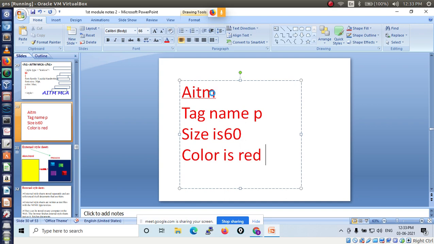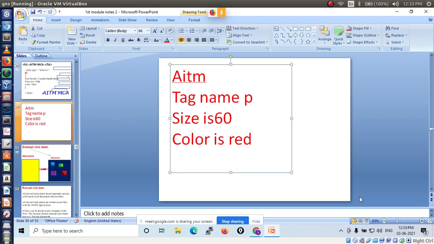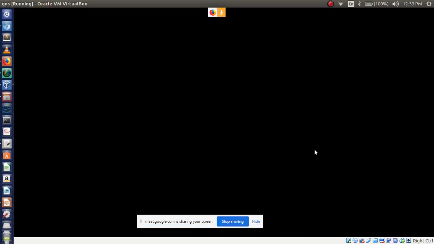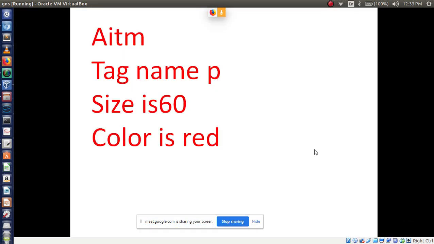You can use only these attributes, that's it. Fast, I don't have time, so please send it fast. I am waiting for your response. You can only use two properties: size is 60, then color name is red, then use tag name P. Let's see how you are writing this code. You start from the beginning HTML tag.